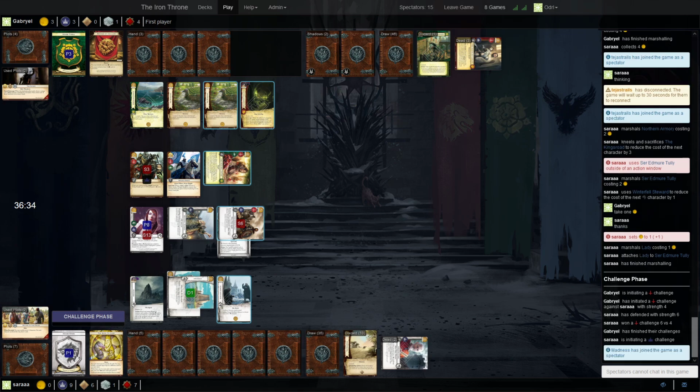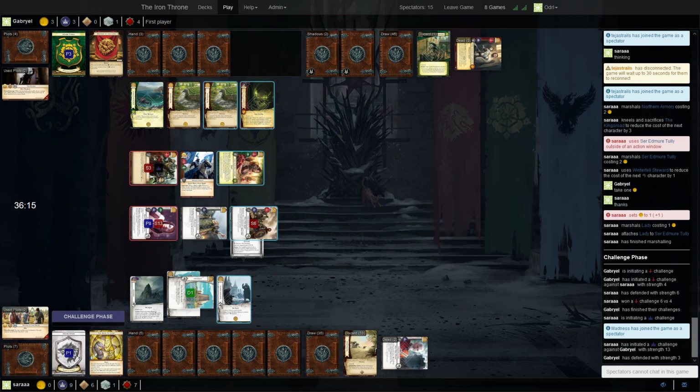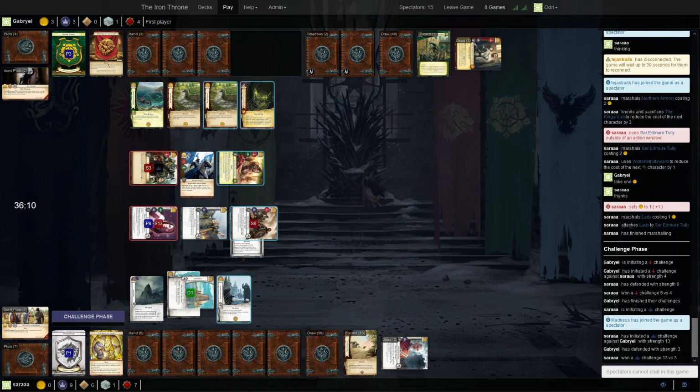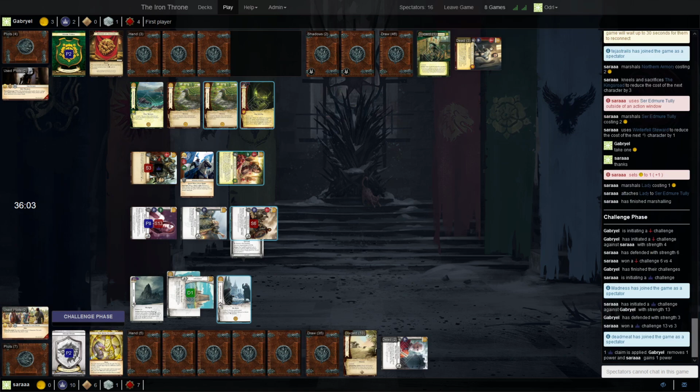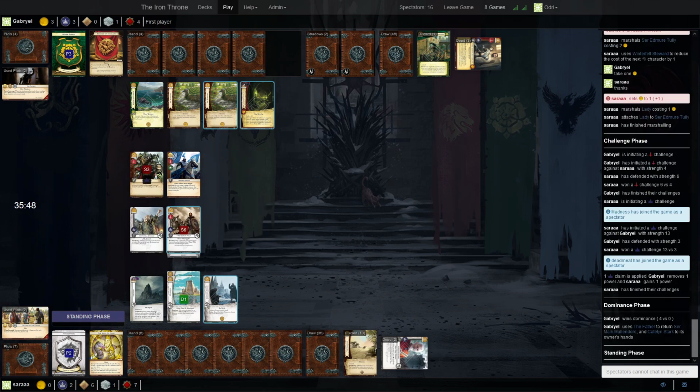Now what will Caitlyn do? I think she needs to do the power challenge. And does she do the intrigue challenge as well? No, okay. The moment of truth. Do we have it or do we not have it? We don't have it. Okay, so that's on the verge to victory state now, going to 3-2 in Gabryel's favor,